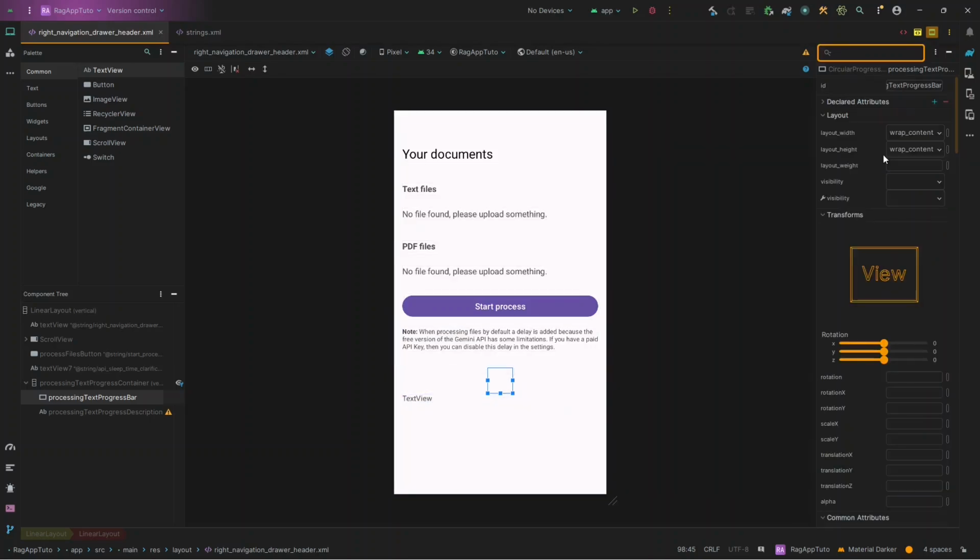Because we don't know how many files the user will upload, or sometimes the processing of the files might take a lot of time. We don't know how much time that will take. So we want this progress bar to turn indefinitely. And to achieve this, we can search for